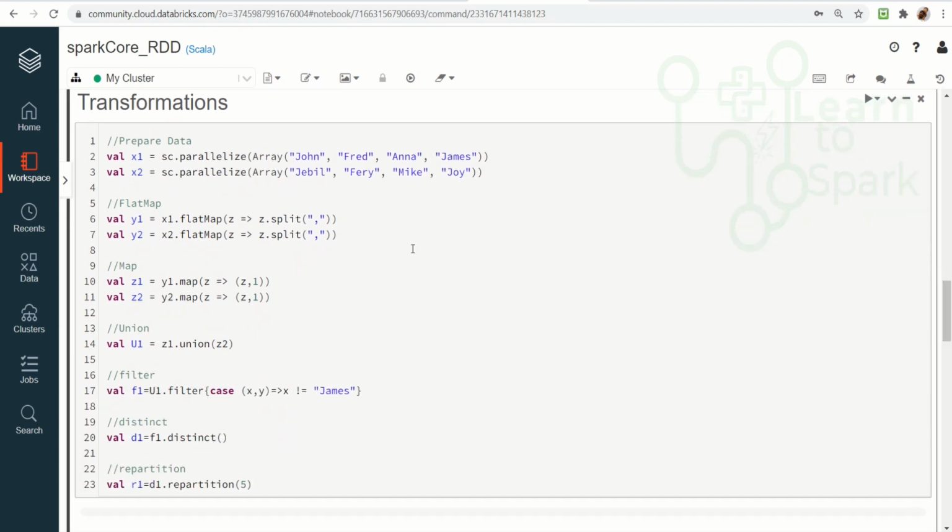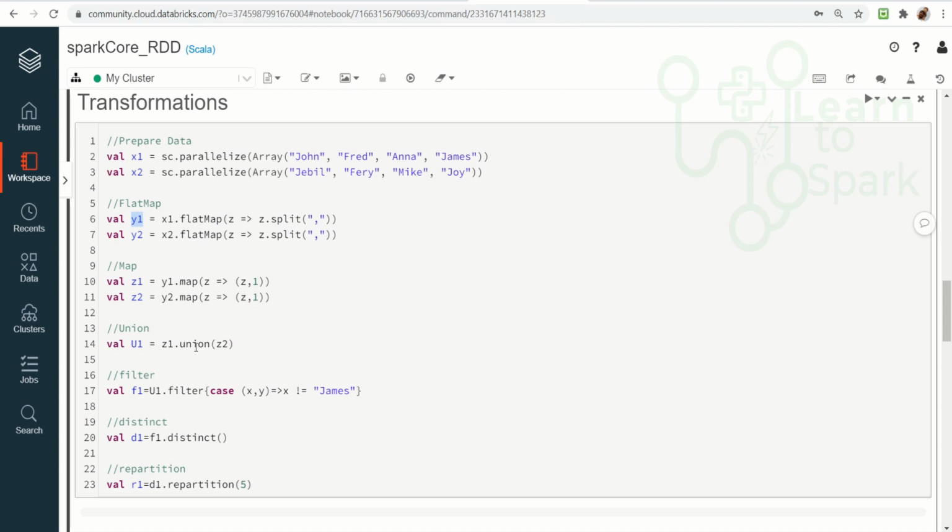You can see first I have parallelized the data into an RDD, and then this RDD is flat mapped and I am splitting the data by comma. Here again I am using a map transformation on the y1, and I'm creating a key value pair.